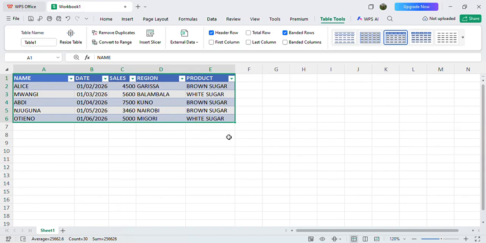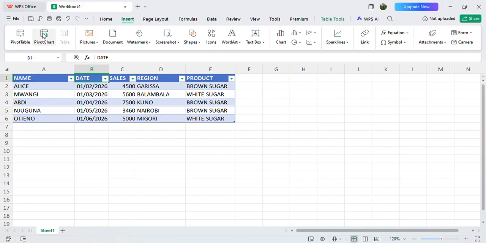Now we want to represent this data using pivot tables. Very simple. After the data has appeared in the form of a table like this, come back to insert, click insert, then it will give you pivot table, pivot chart. Click that pivot table. Then it will direct you to this point here. You can see select range, we have table 1. So the whole of this data of ours is in table 1. It is okay. You choose where you want the pivot table to report. Of course, choose new worksheet, then click OK.